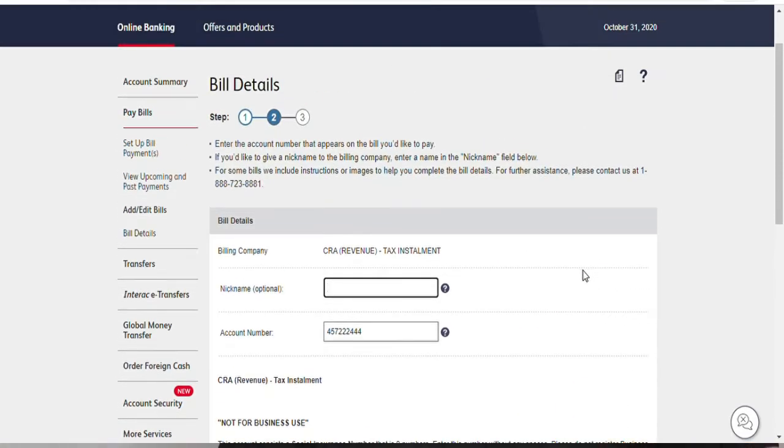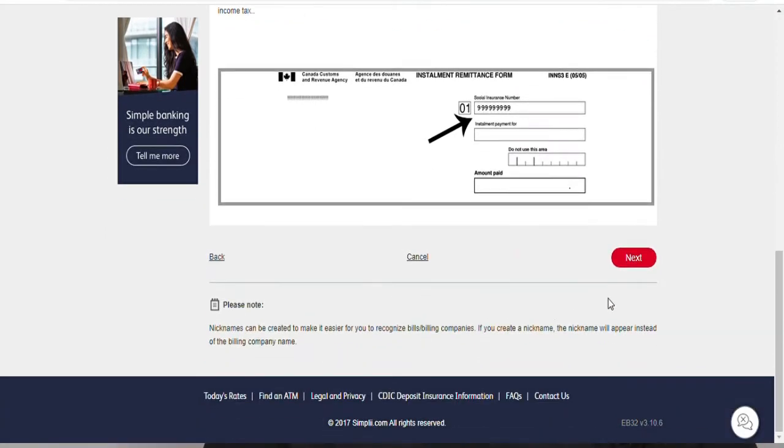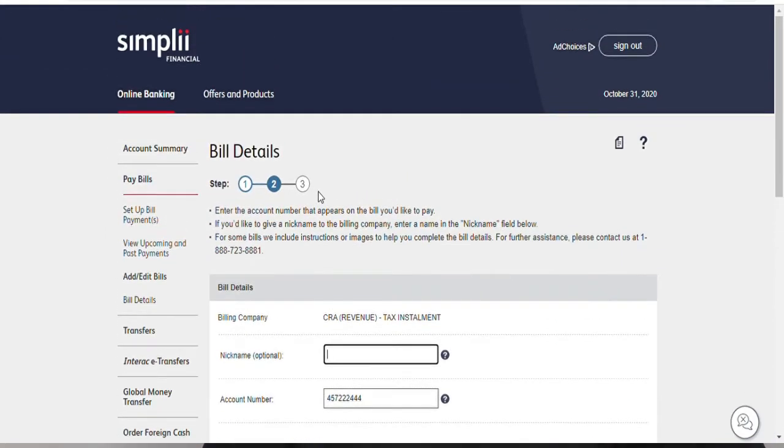Well, I'm not returning any money, so I'm just going to stop here, but I've showed you guys how you can search up this name in your bank and be able to put it there, be able to have this payment started. I've showed you guys how you can locate the billing company, which is CRA revenue in bracket tax installment with your account number, and the next thing you have to do is just to click next, and that should be the last step. So you can see